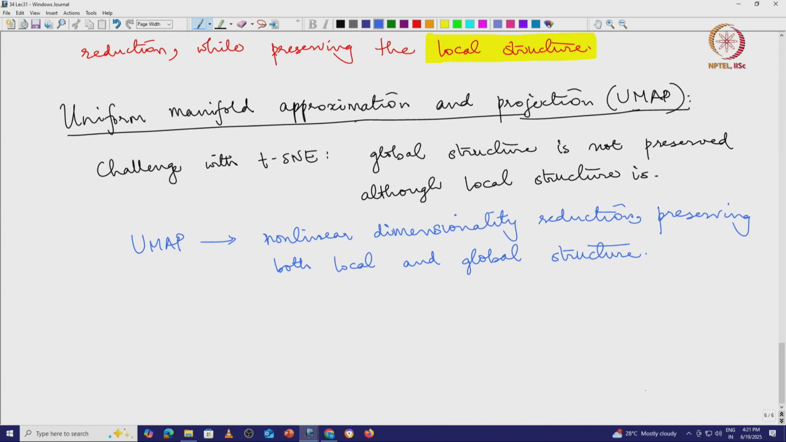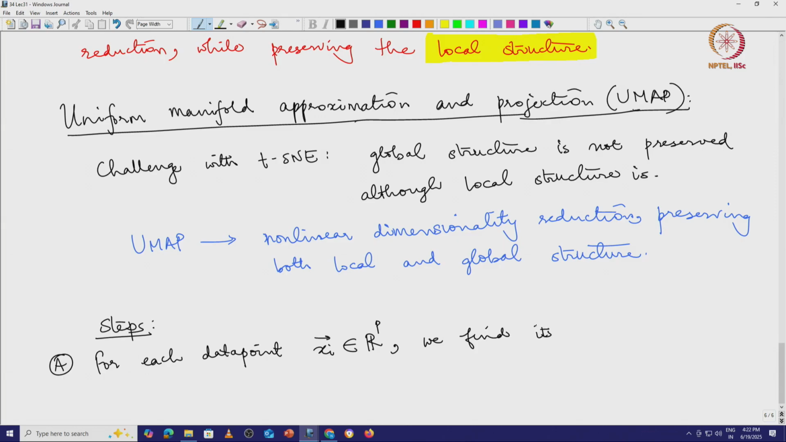Okay. So, how is this done? Let us see how this is done. The following are the steps in UMAP. So first, for each data point xi in the higher dimensional space, and we are dealing with real data, so there are p components, each of them real, we find its neighbors